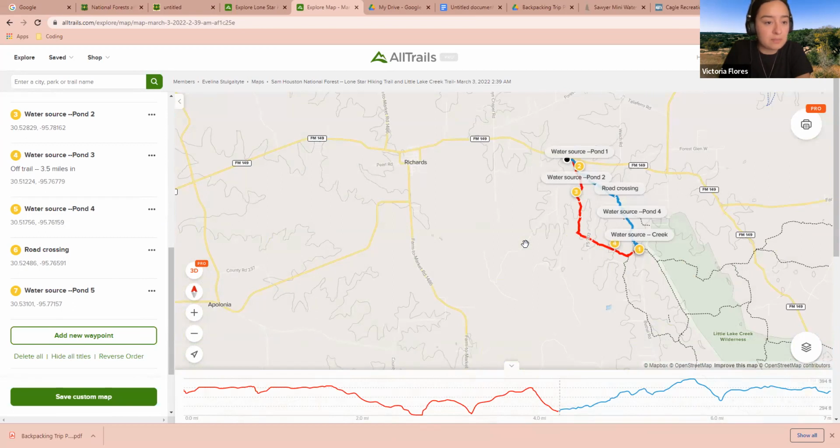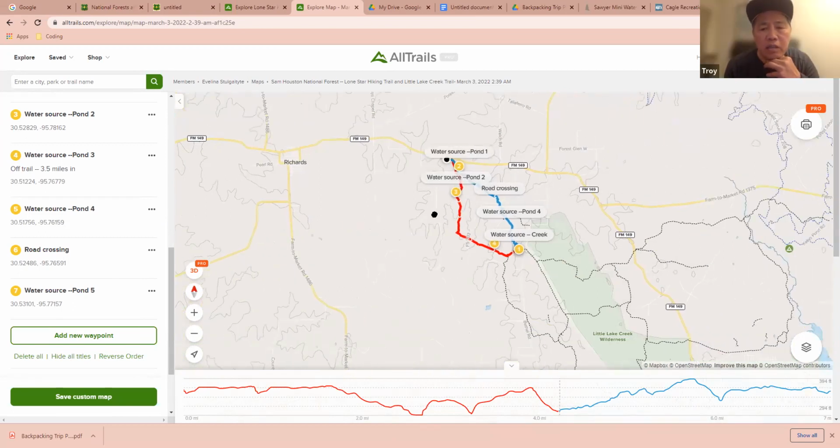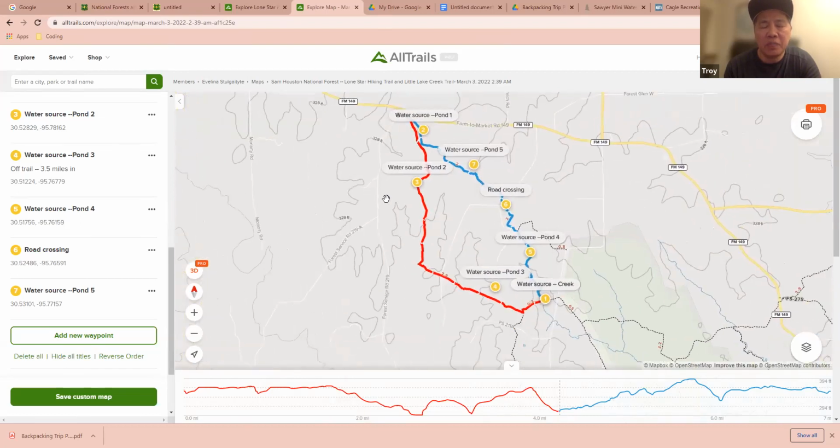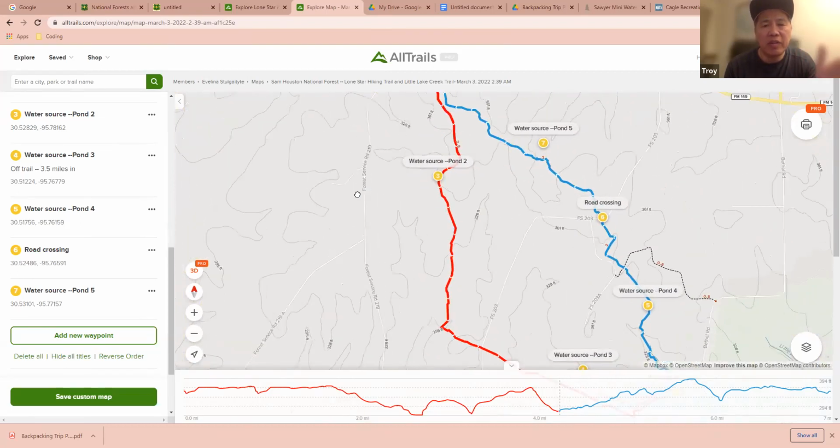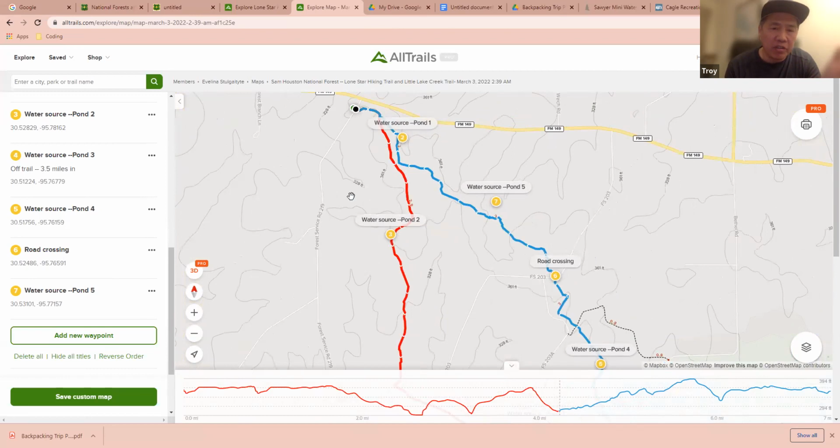All right. Let's see. I'm trying to think if there's anything else. And so, I would say AllTrails is just one tool that I like to use, just because so many people that day hike, they already use it. And so they may have an account. And so it's very easy to share this information. And so once you save your map, did you already save it, Carl?